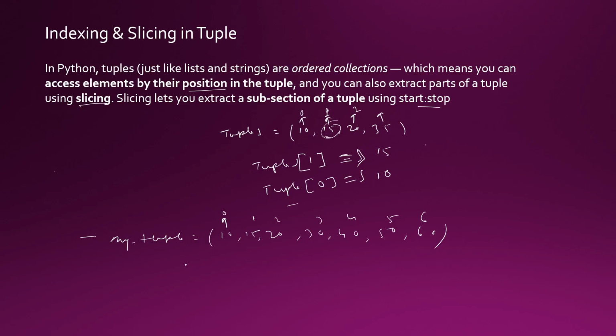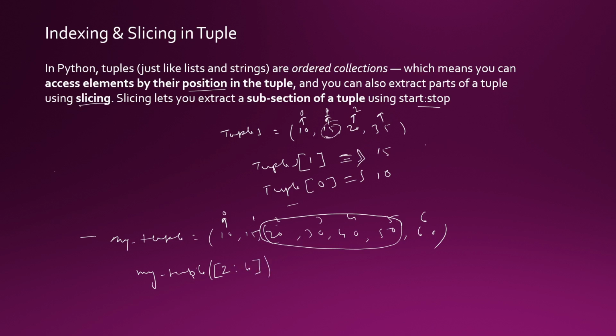Now, just like we have learned in list and string, in order to access any subsection of this tuple, we need to use slicing. We write my tuple, and within this, we mention our start point. If we want to slice from the second position, our start position is 2. And the end position is 5, but we have to mention 5 plus 1, that is 6, because